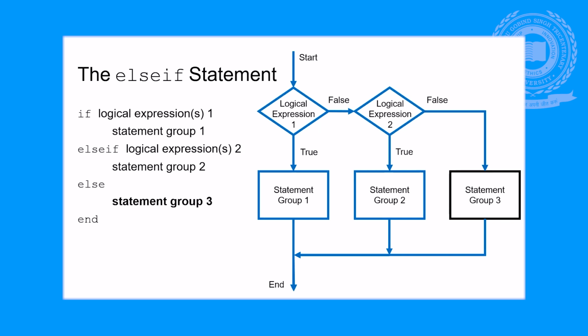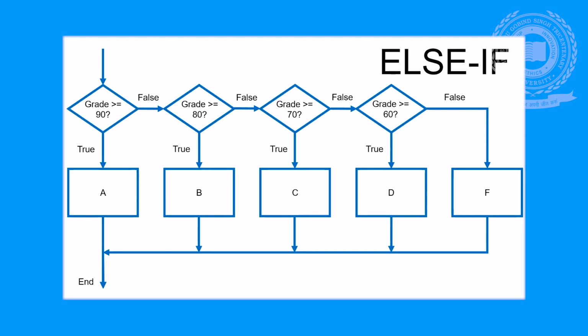So now we see a flowchart of implementing the else if statement in the program that we have been working on. In this case we are going to use multiple logical expressions to determine the letter grade that we have received in the course, instead of just saying that we have passed or failed. So now we have multiple paths that our program can follow.